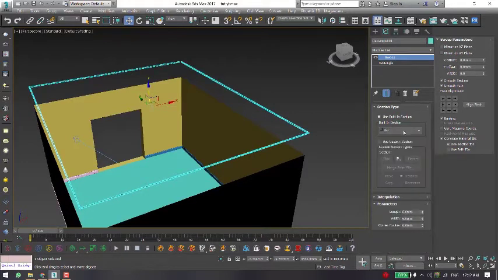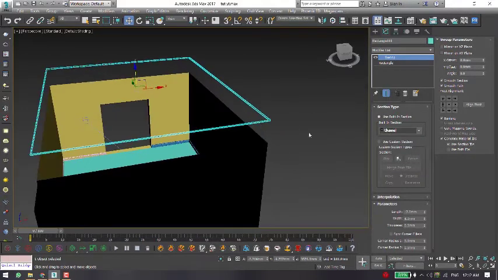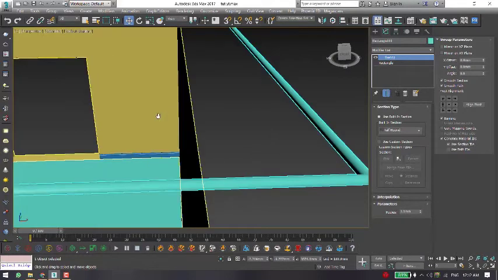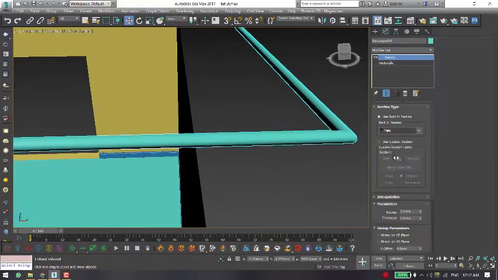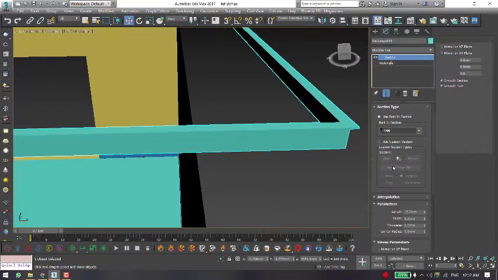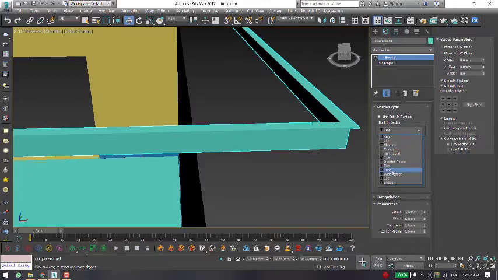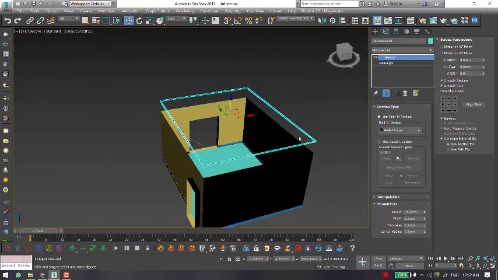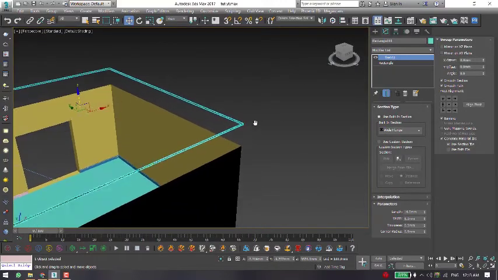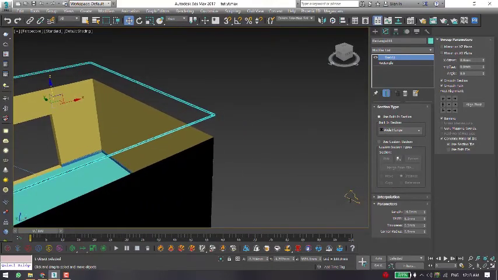You can use a bar, a channel, half round, pipe, tee. But I don't want this. I'm going to use a cornice piece that we designed.